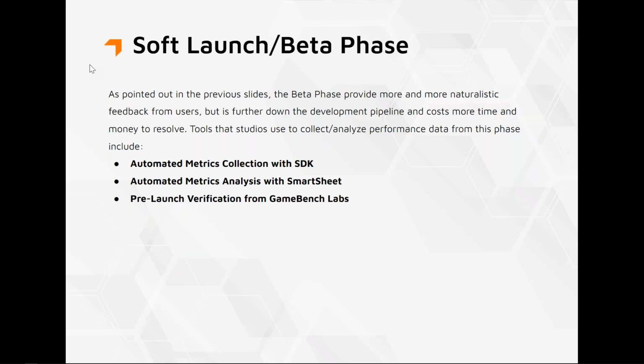It can be an opt-in beta to enthusiasts who are really interested in playing your particular game. And it can also just be distributed within an organization and played on their devices. A beta phase is great because it is more reflective of that final environment. And we really recommend our studio clients use a soft launch or beta phase to validate their performance